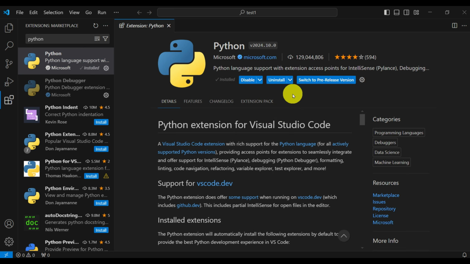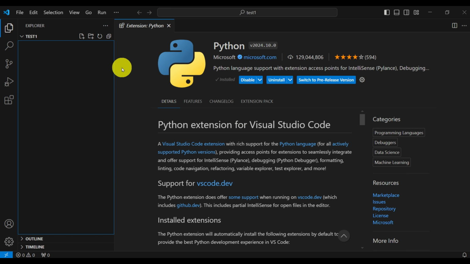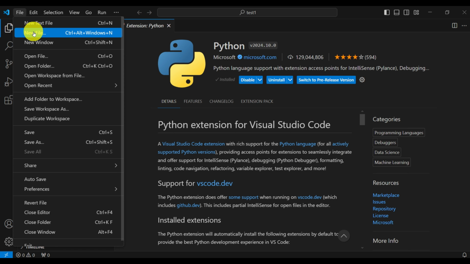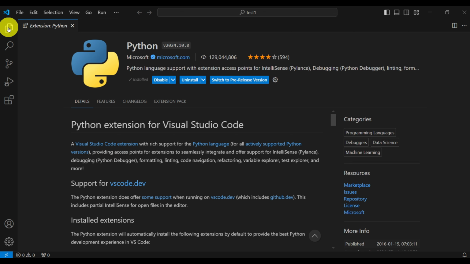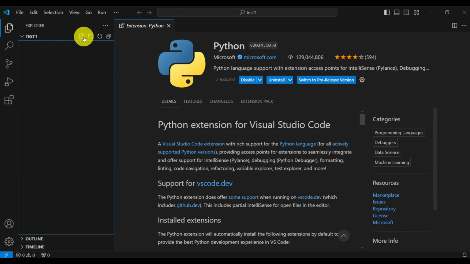This will take some time. Okay, now this extension is installed. Next, click over here and let's create our first file. There are several ways to create a file in Visual Studio Code. The first one is click on File and click on New File. That's one approach. Another approach would be simply to click over here. Let me do it again, and you can